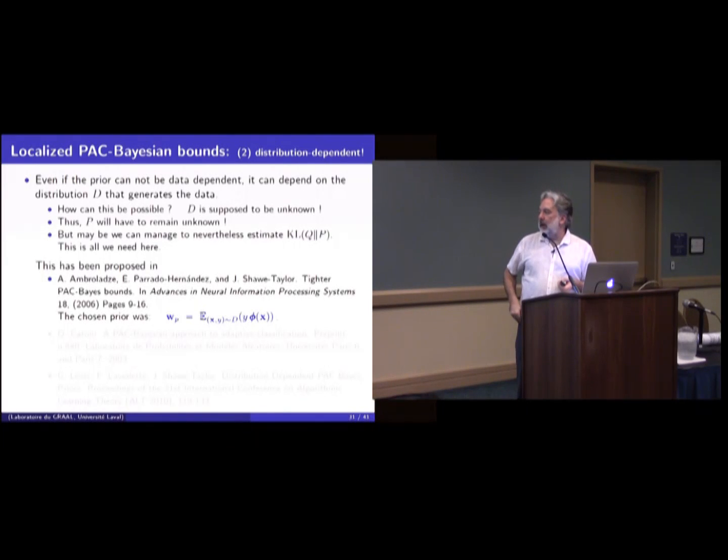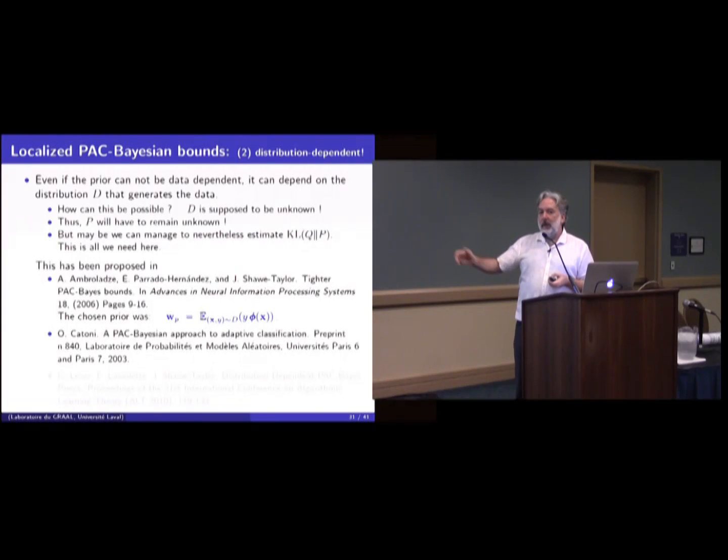Catoni et al. have proposed this. So they say, well, I'm working on Gaussians, and I will try to find the Gaussian that will be in the center of the data, basically, which is a good idea. But where is the center of the data? You don't know it because you don't know the distribution, but when you observe the data, you can estimate where the center is, and you can bound the error that you are making. Olivier Catoni has a lot of ideas like that. In fact, he's the first one who really got into those ideas.